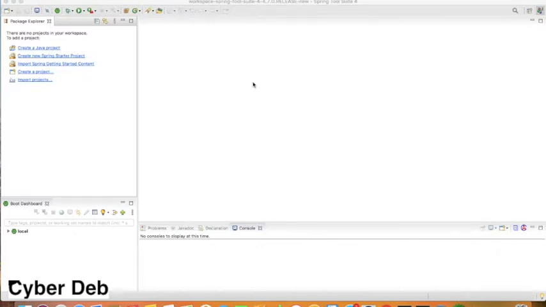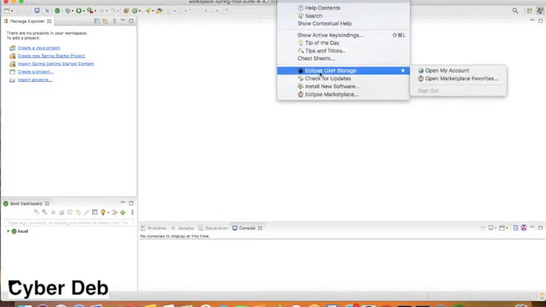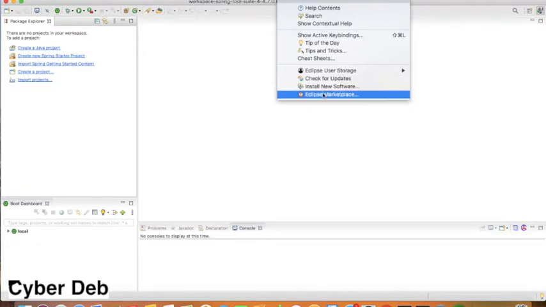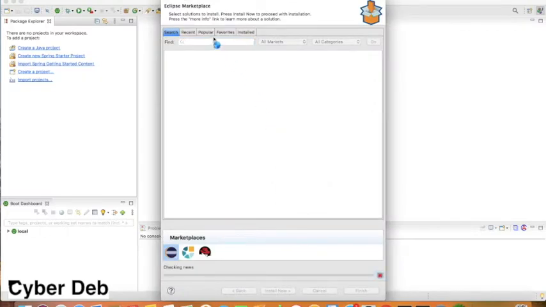Then you can do one thing. First you have to go to the Help menu of STS. I am using STS 4. You might be using Eclipse also, that doesn't matter. If you are using Eclipse 2012 or an earlier version, or you are using STS like me, in both cases you will find Help, and under Help you will find Eclipse Marketplace. In the Eclipse Marketplace, if you click, then you can search over there, find,